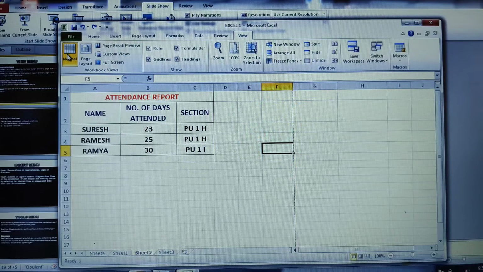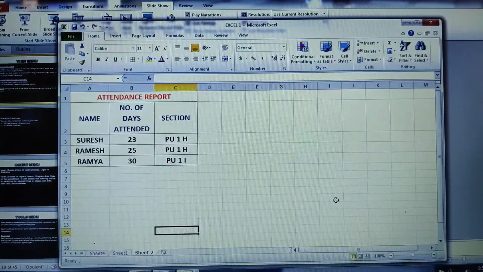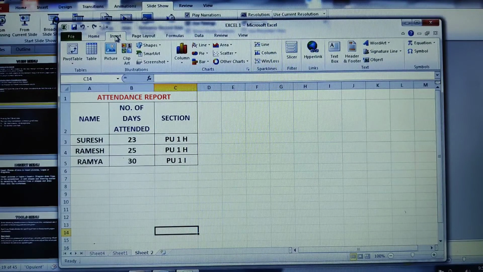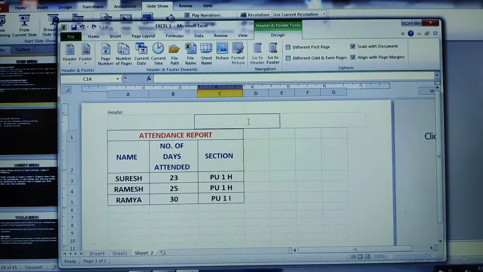Next we have how to insert a header and footer. Let us retain back the content as it was. Once again, see how to add the header and footer. So come to the Insert menu here. Herein we have the header and footer option. Click on the header and footer option. As soon as you click on it, here comes the header.